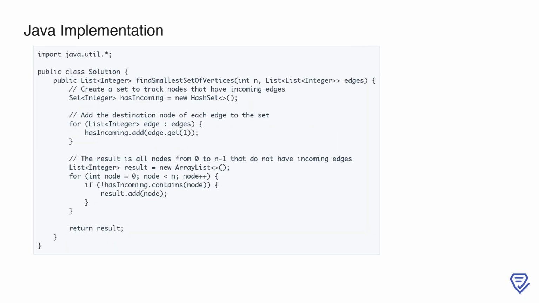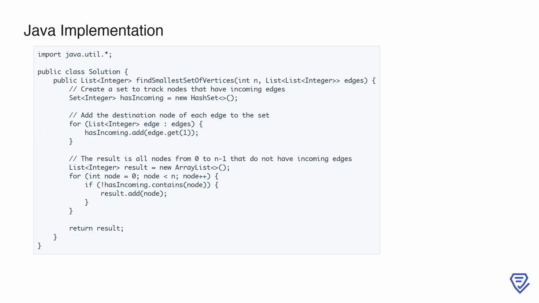This is the Java implementation of the problem minimum number of vertices to reach all nodes. The logic mirrors the provided Python solution. It leverages a hash set to track nodes with incoming edges and iterates through all nodes to identify those without incoming edges. The key differences include Java-specific syntax, explicit type declarations, and the use of List<List<Integer>> for the input